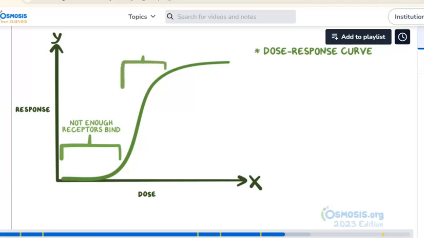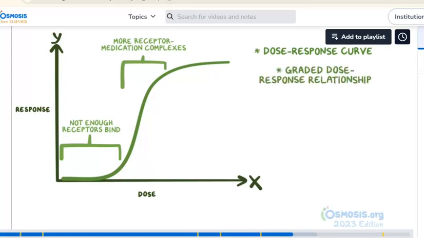As the dose increases, though, more receptor-medication complexes form, so the response to the medication climbs upward. This is described as a graded dose-response relationship. Eventually, we reach a point where all the receptors get occupied, so the curve starts to flatten out. This is where the maximum response or effect, abbreviated as Emax, is achieved, which is a measure of the medication's